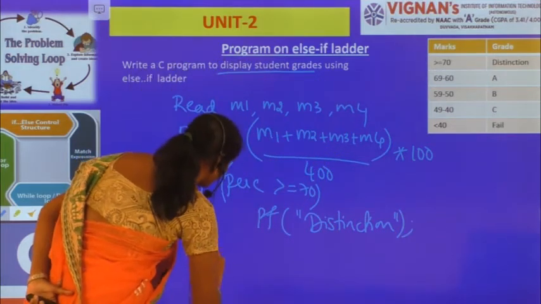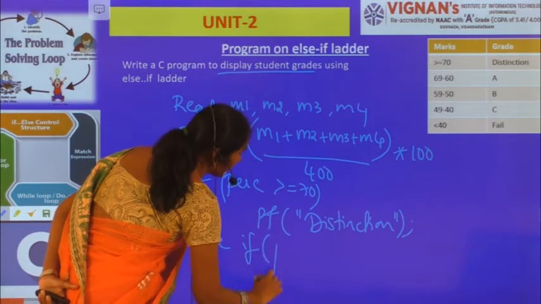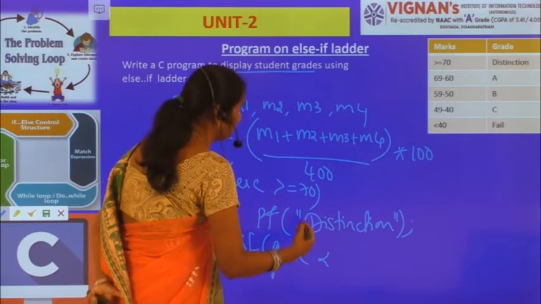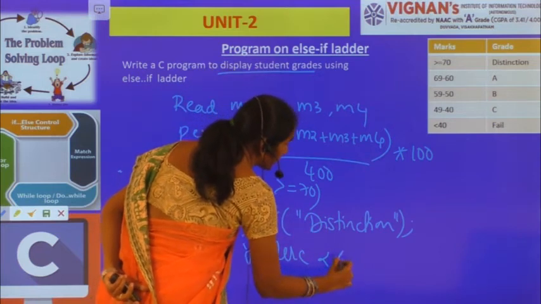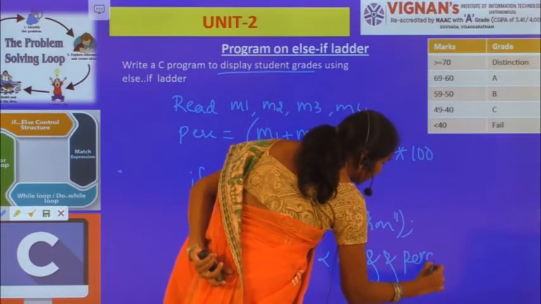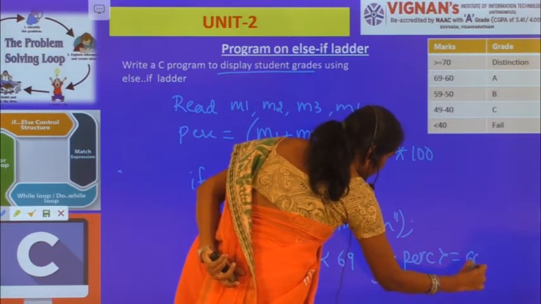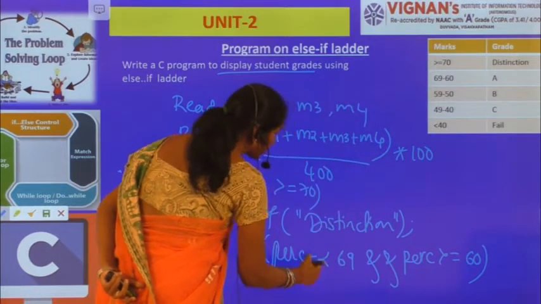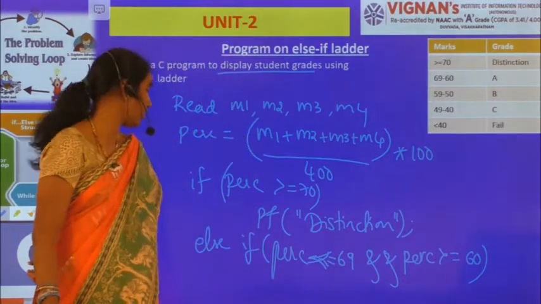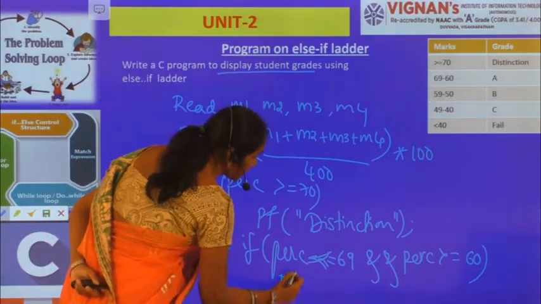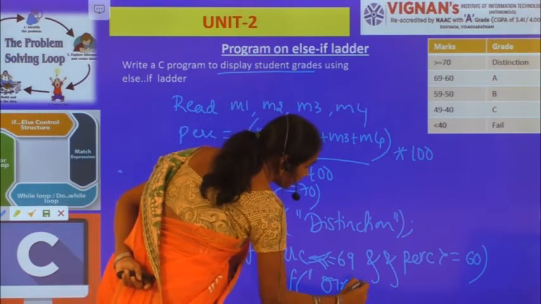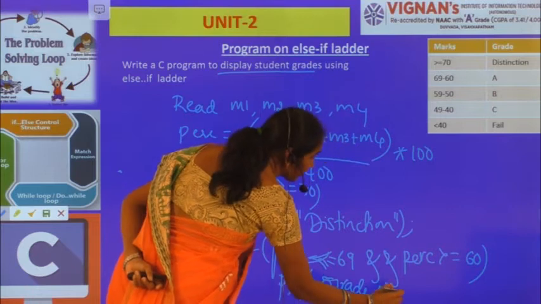Else if percentage is less than or equal to 69 and percentage is greater than or equal to 60, then I can give a message: printf grade A. Right?